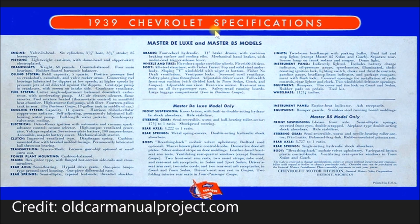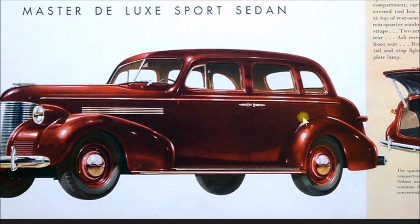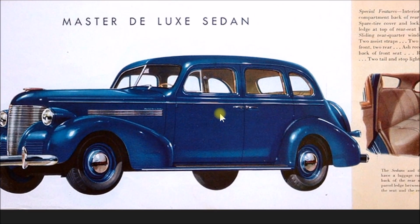Yeah, so let's take a look here. This is a 1939 Chevrolet dealer brochure, and they had basically two model lines. There was the Master Deluxe and the Master 85. They were identical bodies. The main difference was, if you can see here, the front suspension. They called it a knee action or independent front suspension, control arms and coil springs, and the Master 85 had an I-beam front axle, a solid front axle. It could have been this sports sedan, and then you also had a Master Deluxe sedan,